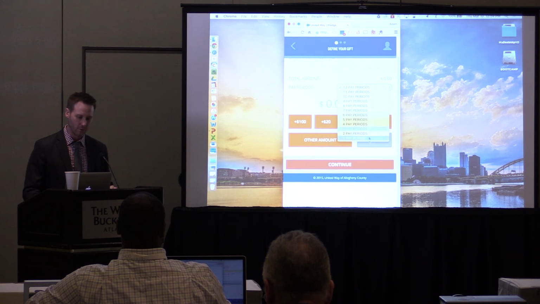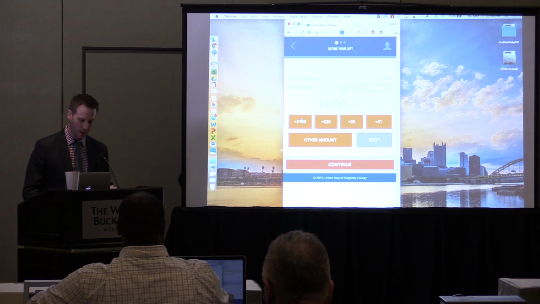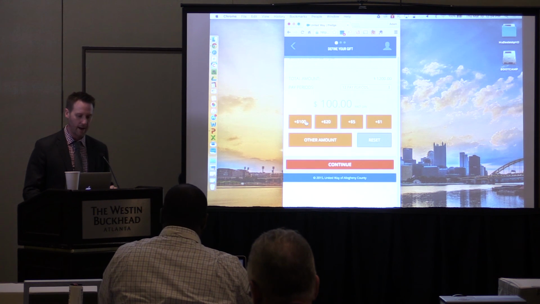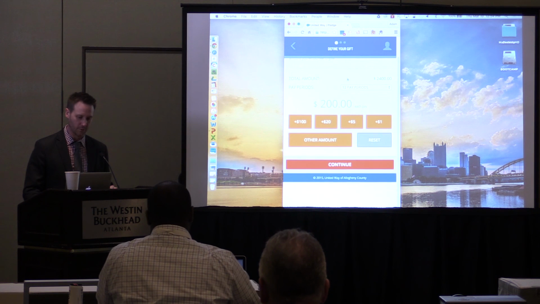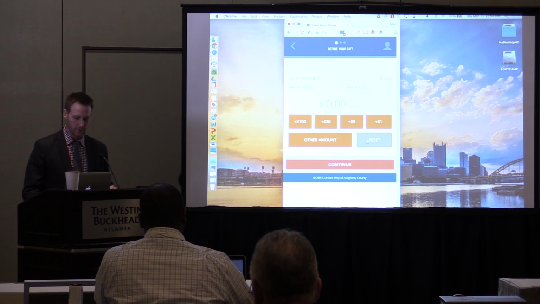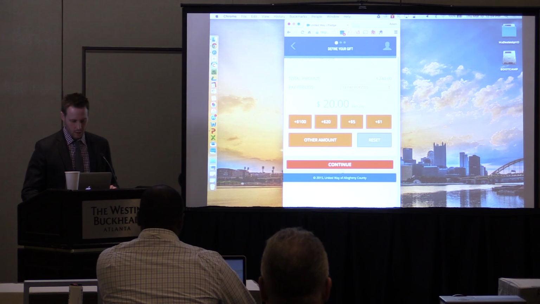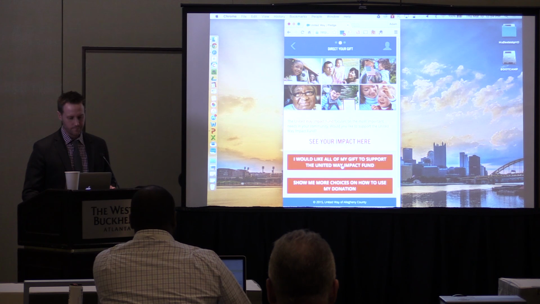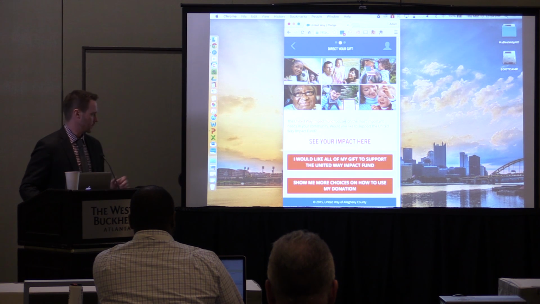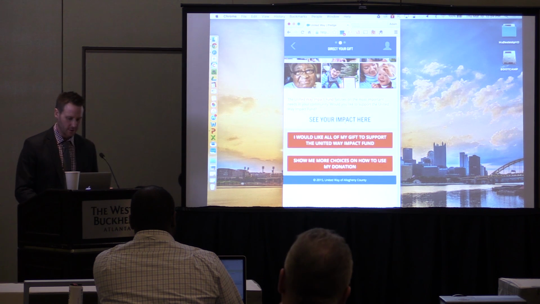So they can choose a number of pay periods, and they can start to add a donation. This is per pay period, so they're not going to want to do that, but maybe, let's say $20 a pay period, right? And they're going to give $240 a year. So they continue, and they start to get some information about, okay, if you're going to give that much money, how can you make an impact? Where do you want to make an impact? So they start to see, I'd